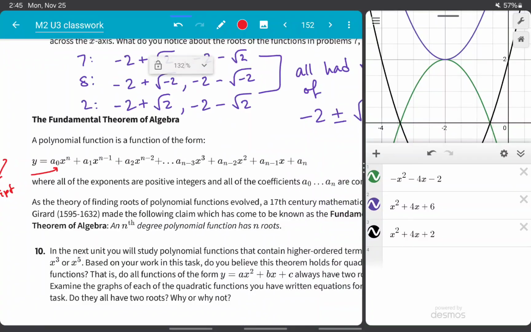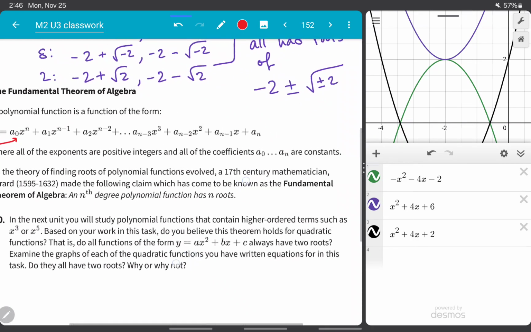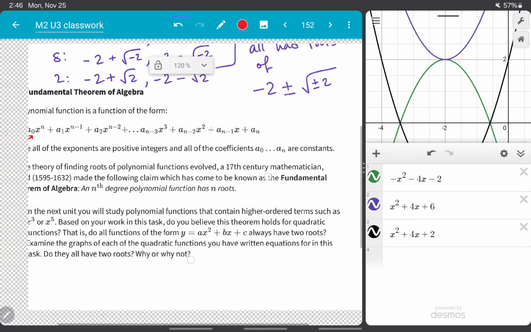under the water. So we say y equals a sub 0, x to the n power, plus a sub 1 times x to the n minus 1 power, plus a sub 2 times x to the n minus 2 power, plus, and so on, a sub n minus 3 times x to the third power, plus a sub n minus 2 times x to the second power, plus a sub n minus 1 times x, plus a sub n, where all of our exponents are positive integers, and all of the coefficients a sub 0 to a sub n are